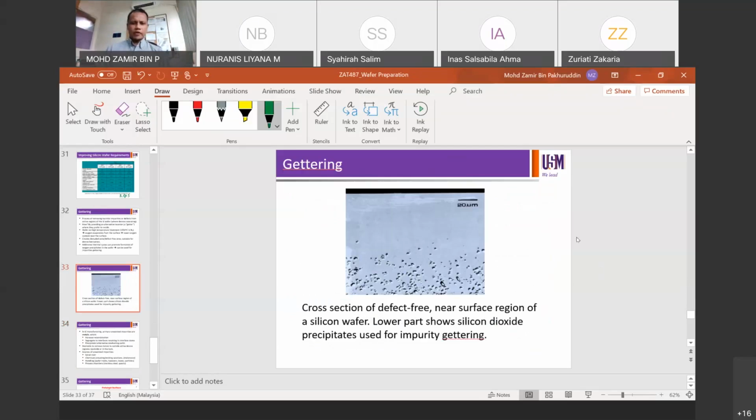A cross section of the defect-free near region of a silicon wafer. The lower part shows silicon dioxide precipitates used for impurity gettering. This is SiO2 precipitates. It can also be used to collect impurities, and then they can be removed. If you look at the top part of the cross section, you can't see anything. It's a lot clearer up there. That means